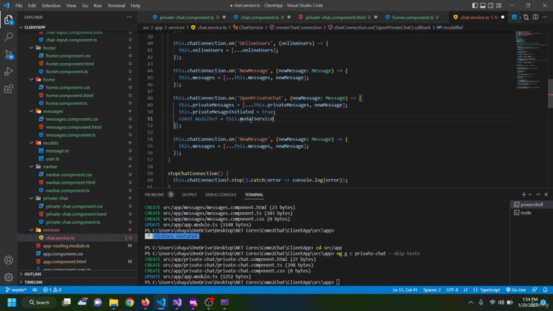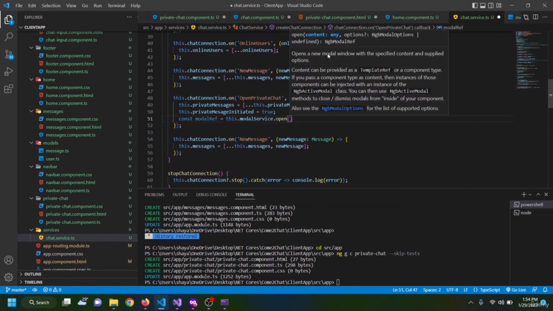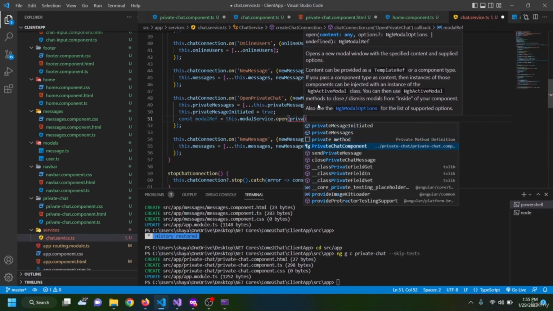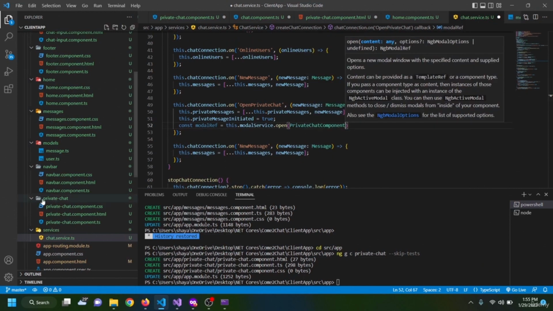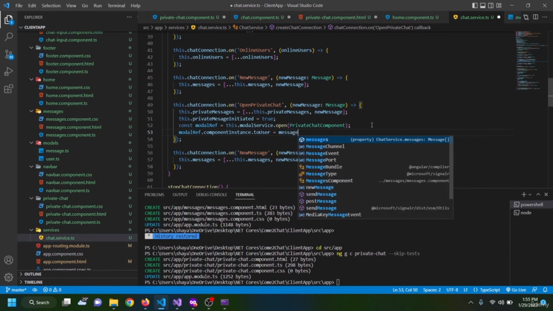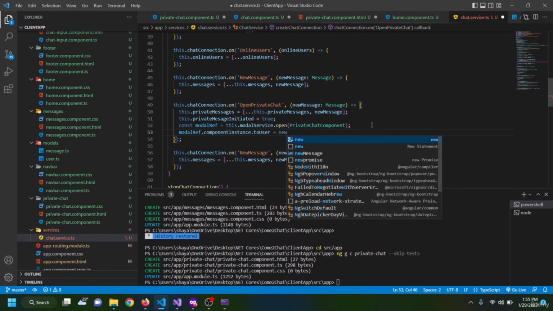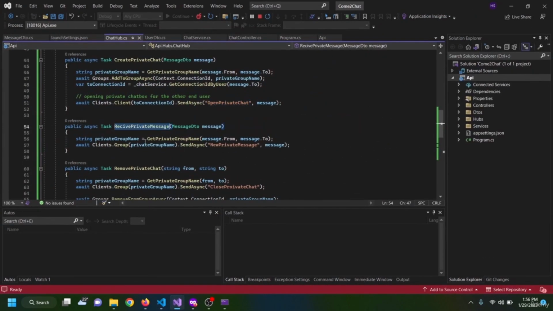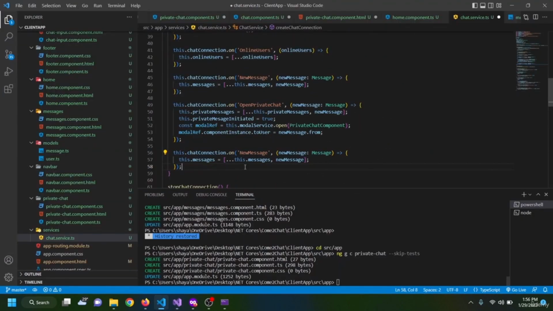this.modalService.open, and inside the parenthesis we are going to give the component. So it is PrivateChatComponent. Basically this component, PrivateChatComponent, and then we say modalRef.componentInstance.toUser is message.from is newMessage.from. And for the second function, we are going to have receivePrivateMessage. So I copy this and I paste it in here, and this is simply privateMessages, and I copy this